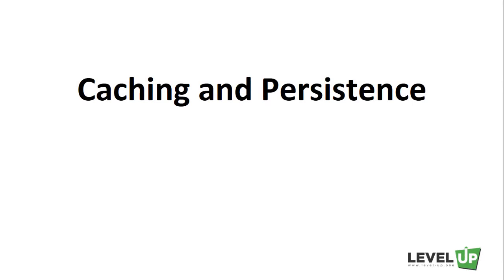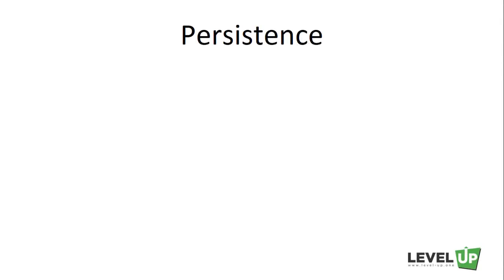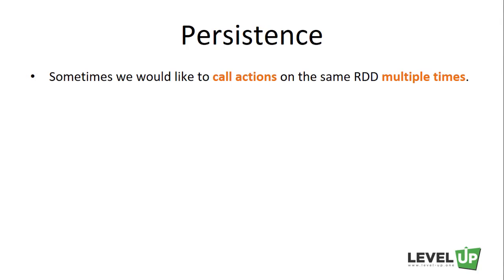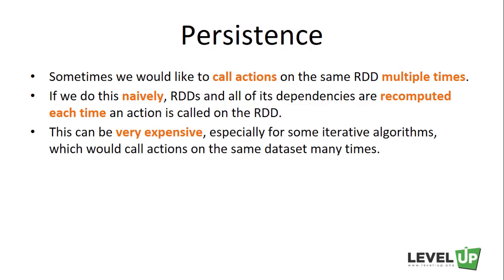One of the most critical Spark capabilities is to save a data set in memory or disk across operations for performance optimization. Sometimes we would like to call actions on the same RDD multiple times. If we do this naively, RDDs and all of the dependencies are recomputed each time an action is called on the RDD. This can be very expensive, especially for some iterative algorithms which would call actions on the same data